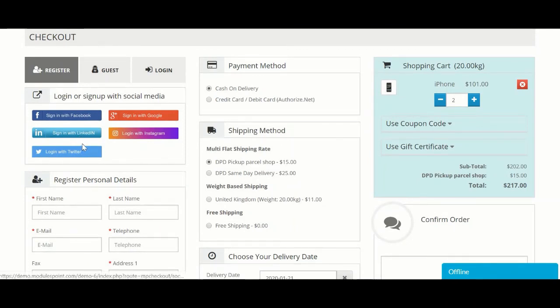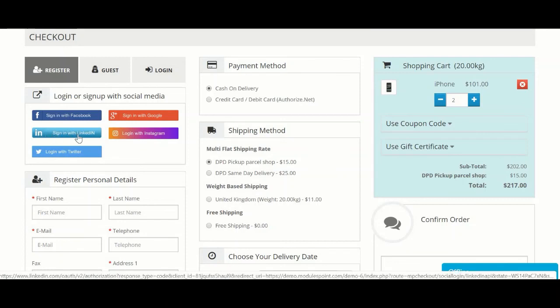But one of the key things is a lot of people will leave your website, or they won't complete the purchase if you're asking for too much information, or they think they have to enter so much information just to complete the purchase. Now, a lot of different websites and apps are allowing these features where they have access to the API for major companies. Like here you have Google. You could sign in with your Google account, which is huge, because I think almost everyone has a Google email. You could sign in with Instagram, and you can also sign in with Facebook, Twitter, and